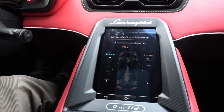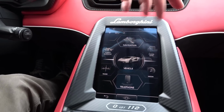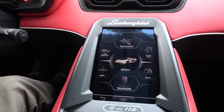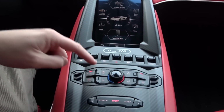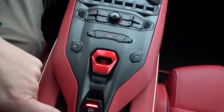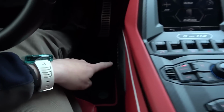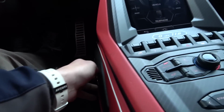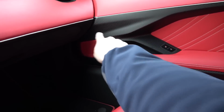You have a specific display for the hybrid system, radio, telephone, media, apps if you want your CarPlay, for example, as well, controls, lift system and things that you find here, climate control, selection of your modes, reverse, manual, electronic park brake, and the switch if you'd like to put the wing up at the back manually. There's a Countach embroidery on the knee pad just there, which is quite a nice touch as well, and lots of these familiar Y shapes that you have